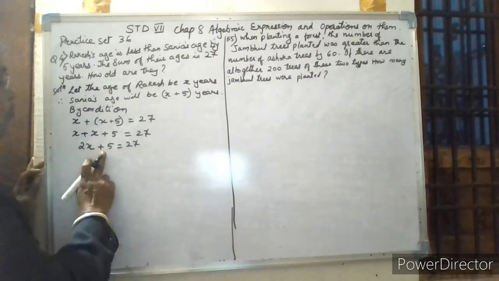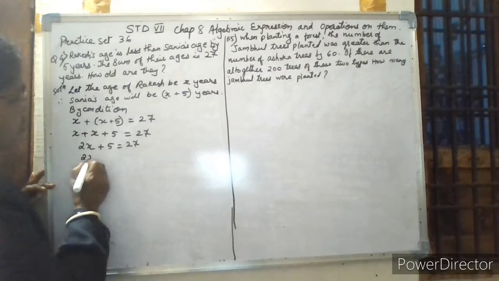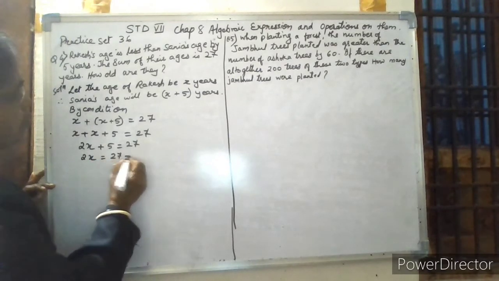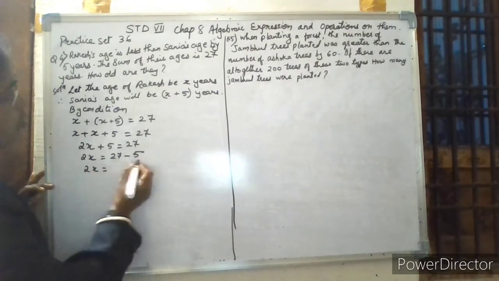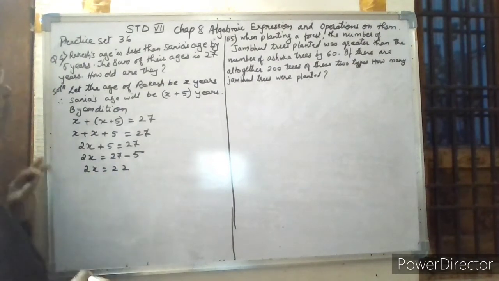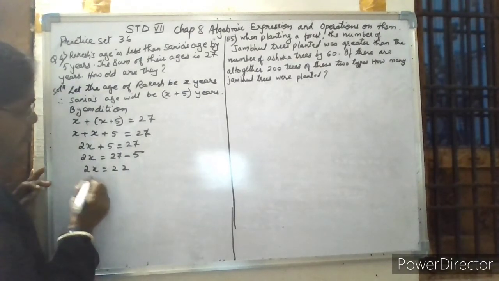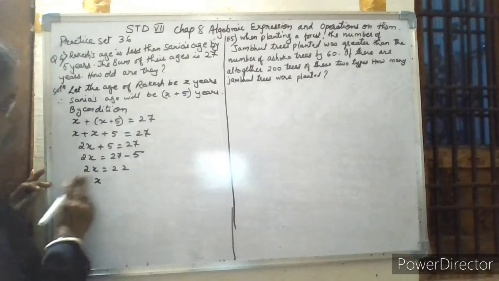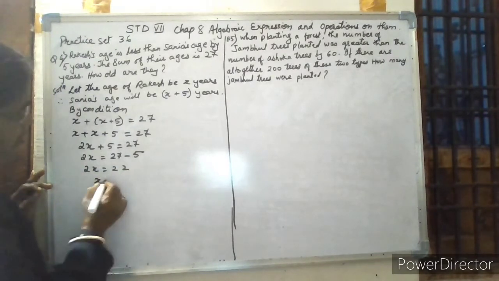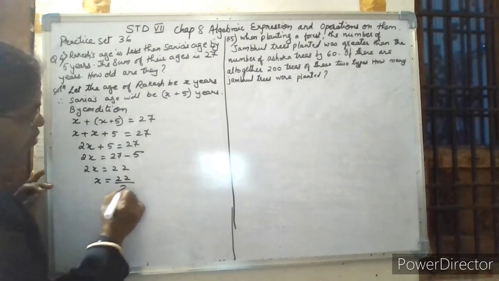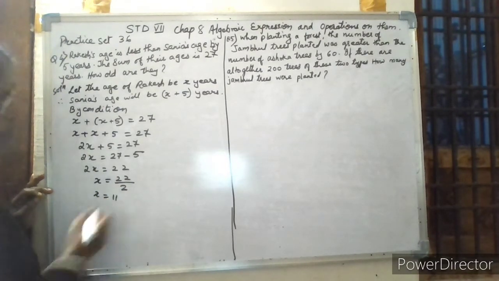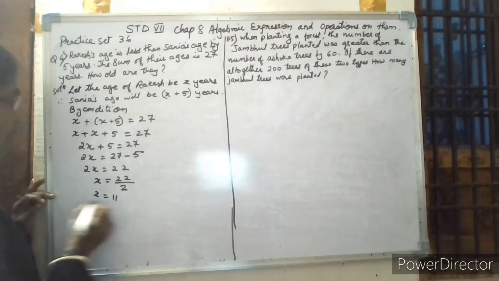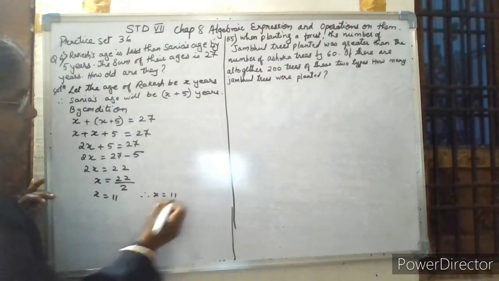So solve the equation as I have taught you previously. This 5 you have to take to that side first. So 2x is equal to 27 minus 5. So 2x is equal to, if we subtract this, we get 22. Now x is multiplied by 2, so I'll take this to that side to get divided. 22 divided by 2. So x is equal to 11, as 2 elevens are 22. Therefore the x value is 11.